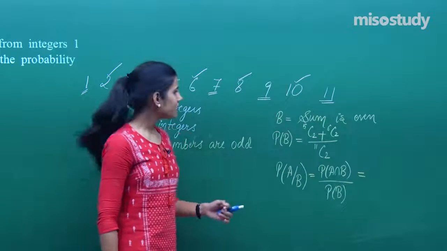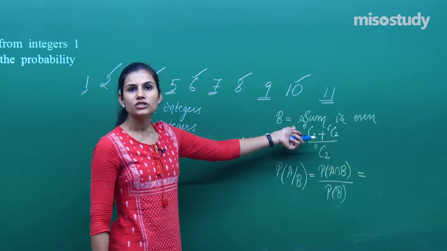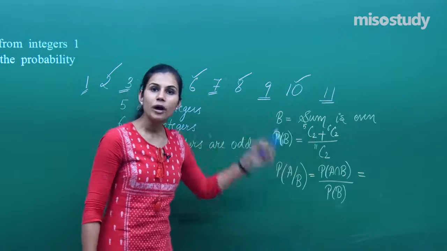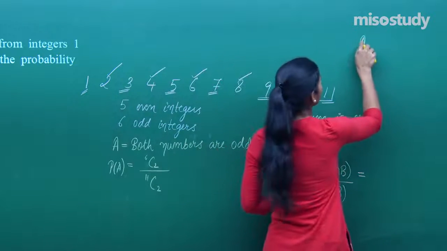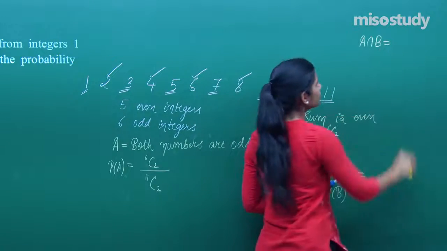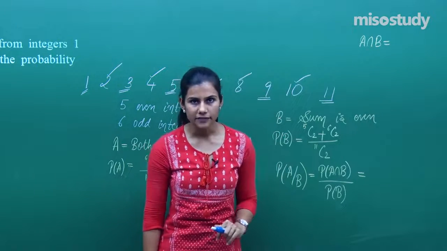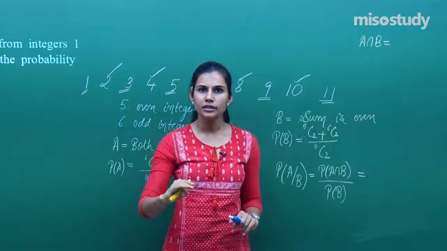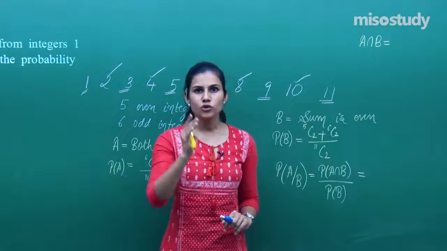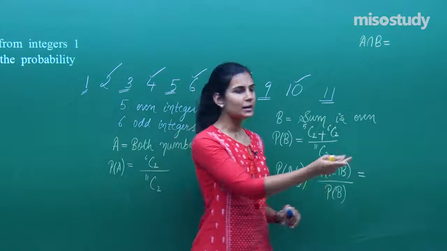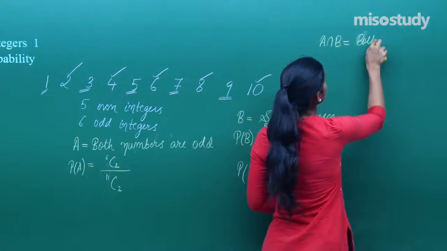A intersection B means, what is the probability that the sum of the two numbers chosen is an even number when both the numbers are odd numbers? So A intersection B is actually trying to say that the two numbers chosen are odd and their sum is even. Now if two numbers chosen are odd, then obviously their sum is even. So rather than saying two numbers chosen are odd such that their sum is even, I am just going to say both numbers chosen